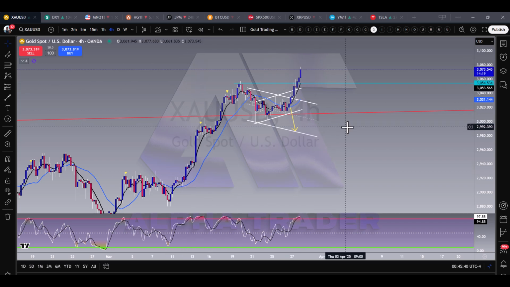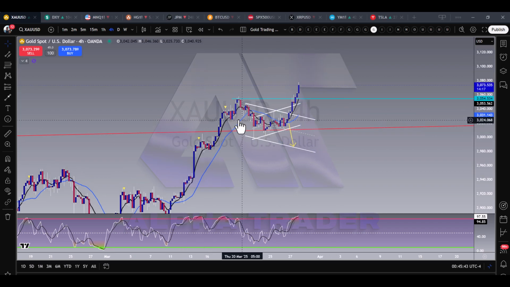So I got gold completely wrong last night. It did not break to the downside like I thought it was going to do and sell off, but it broke again to the upside. So here's what's happening. We have a lot of uncertainty because of the tariffs. Now we're having tariffs on the cars from Europe and Canada. There is a lot of uncertainty dealing with tariffs.